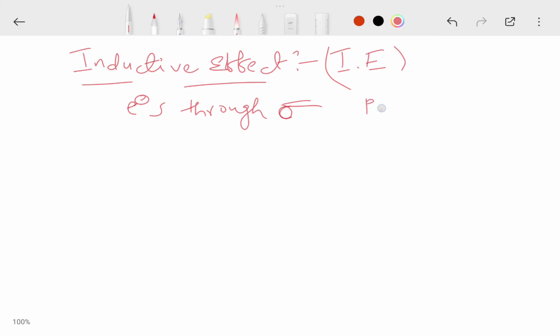This effect is a permanent effect in the molecules. As the distance of the polar group from the reacting carbon increases in the chain, its effect gradually decreases and almost ends at the fourth carbon. That means this effect may not be observed in open chain compounds containing more than 4 carbons. For example,